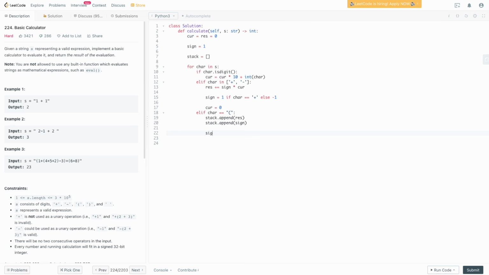So we're going to reset the sign to be 1 because we can think of it as starting a new calculate function on the inside of this. So we're going to reset it equal to 1 because that was what our original state was. And we need to reset our result to be equal to 0 because we can think of it as starting fresh. Otherwise, if we hit a right parenthesis, that means that we've closed one of our left parentheses,